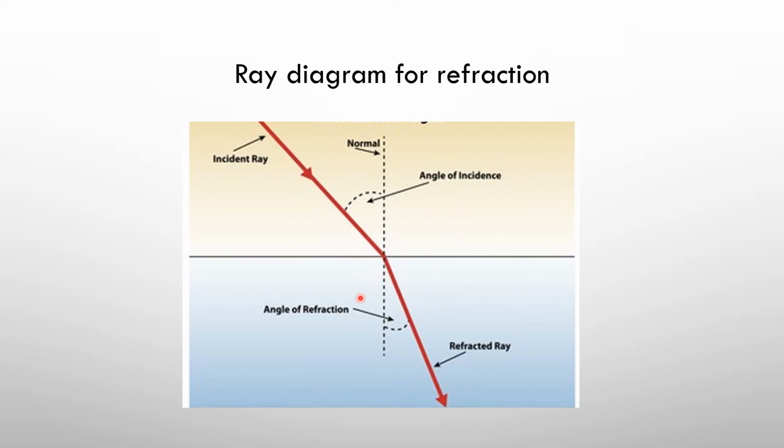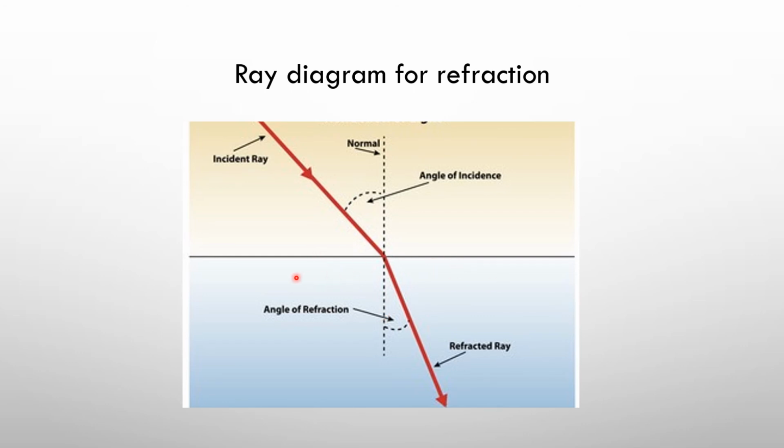So here is the ray diagram for the phenomenon of refraction, and the beam of light that comes from the source of light is called the ray of incidence or incident ray, and the refracted light ray, which after entering another medium, is called the refracted ray. And the perpendicular line drawn to the